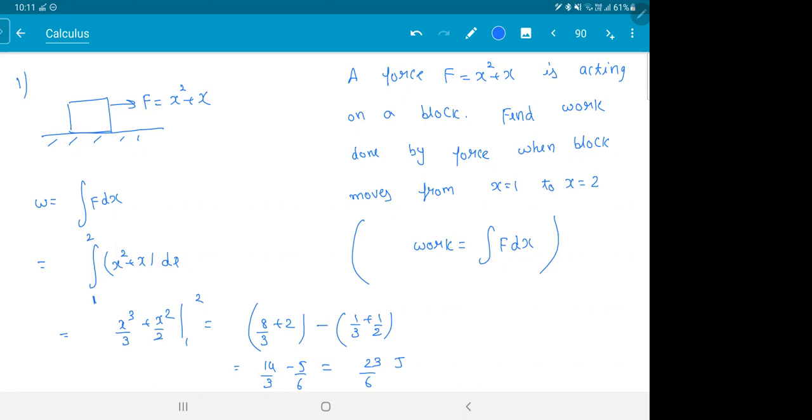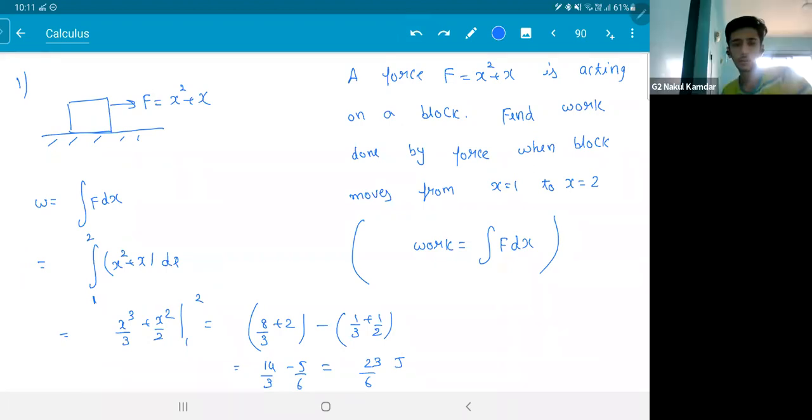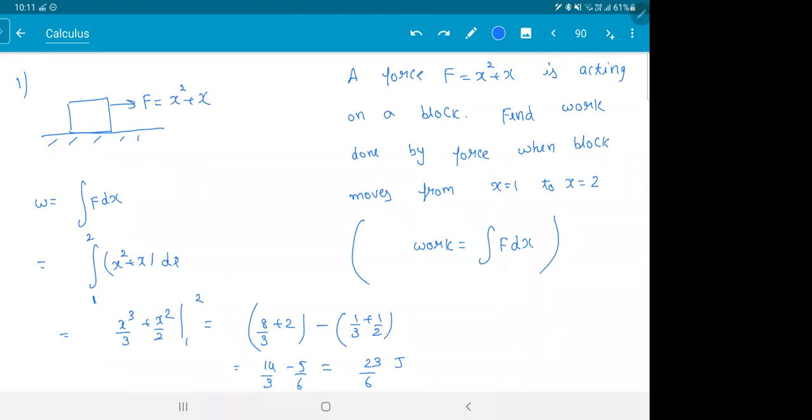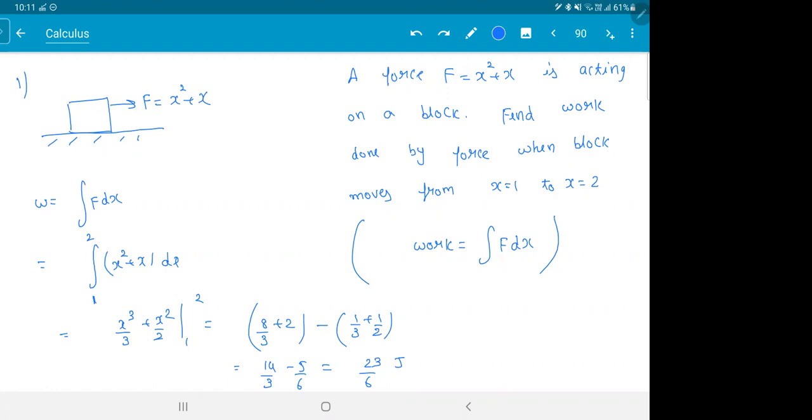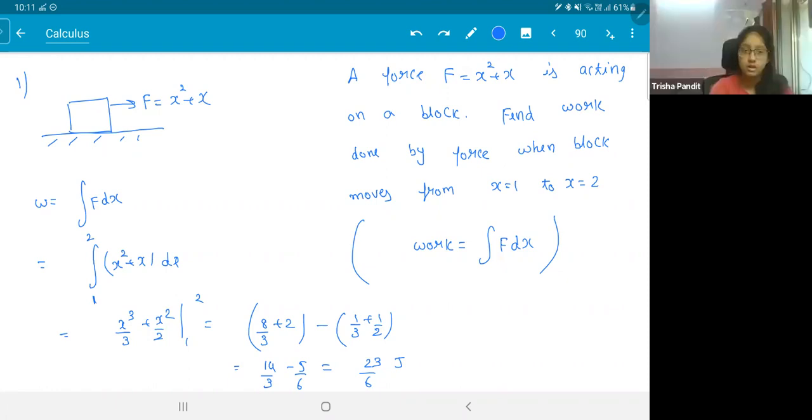Check out the steps. Meaning once you got till here, job's over actually. How did you get 8 by 3 plus 2? Which one? 8 by 3 plus 2, how did you get? Yes, so how do you get that? Which 3 plus 2 you're saying? The 8 upon 3 plus 2, that 2, how did you get?